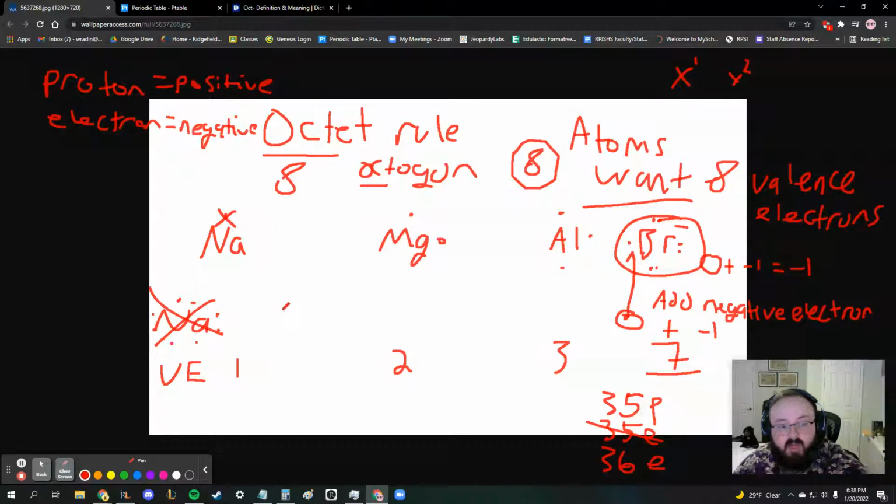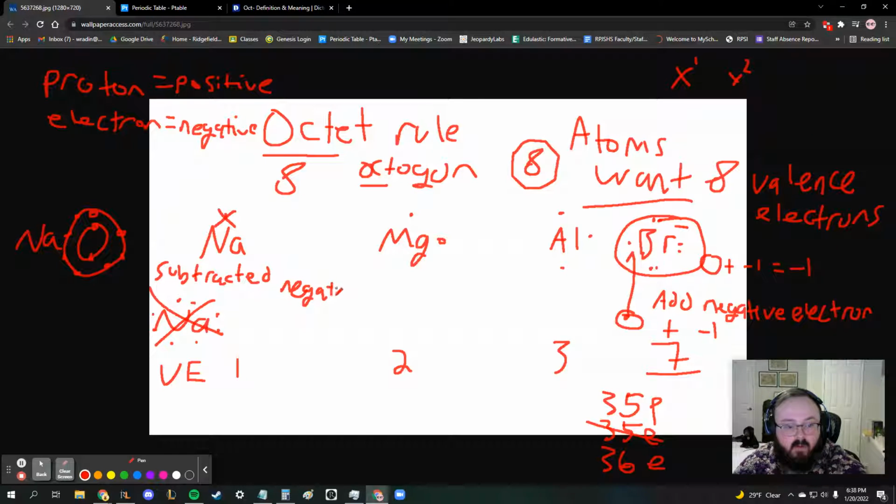Now, if we were to actually look at sodium's rings, so I will throw back to our sodium rings. 1, 2. 1, 2, 3, 4, 5, 6, 7, 8. By getting rid of that 1 electron, we now have 8 valence electrons. We're not going to write them in, but this shell is now full, and this would be stable. But because we have subtracted a negative electron,